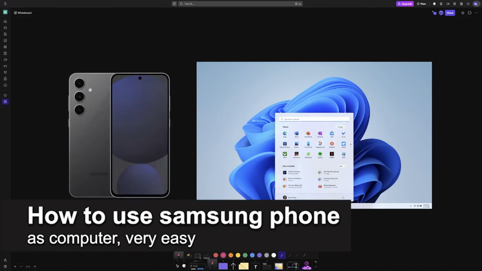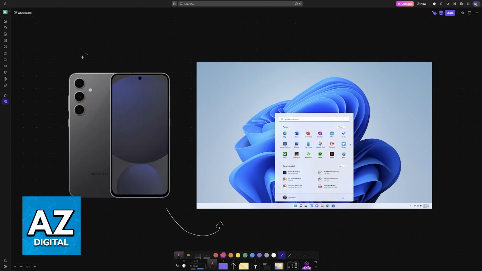In this video, I'm going to teach you how to use Samsung phone as computer. It's a very easy process, so make sure to follow along. Regardless of which Samsung phone you have, you will be able to connect it to a monitor and use it